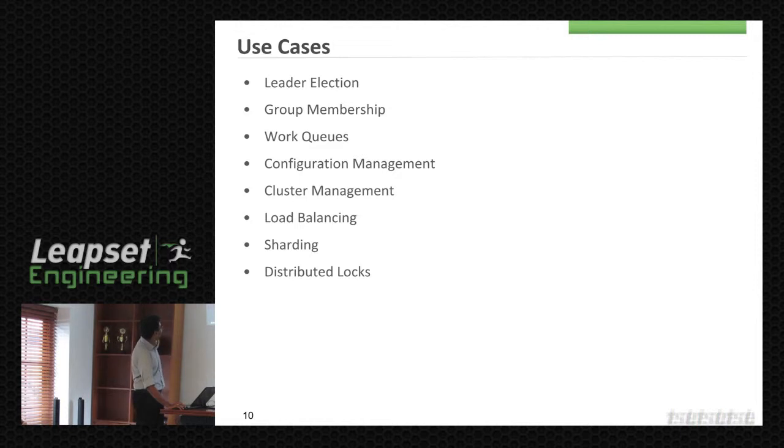So I'll do a small demo on leader election. First I'll go into some detail. This is one way to do leader election. We get the data of a particular path. If this data is available, that means a leader is already there. If not, we create this path with the host name, and that particular node will become the leader. So this is one approach. I'll show you another one in a demo.